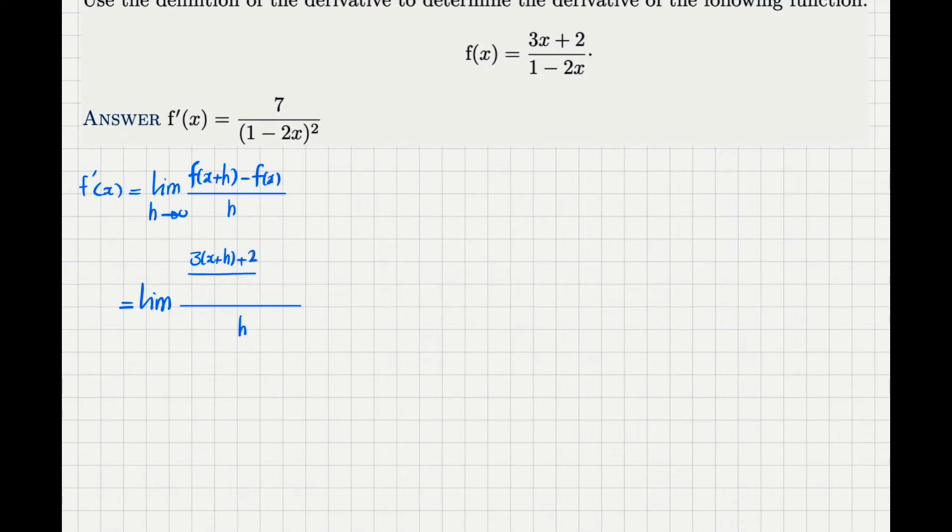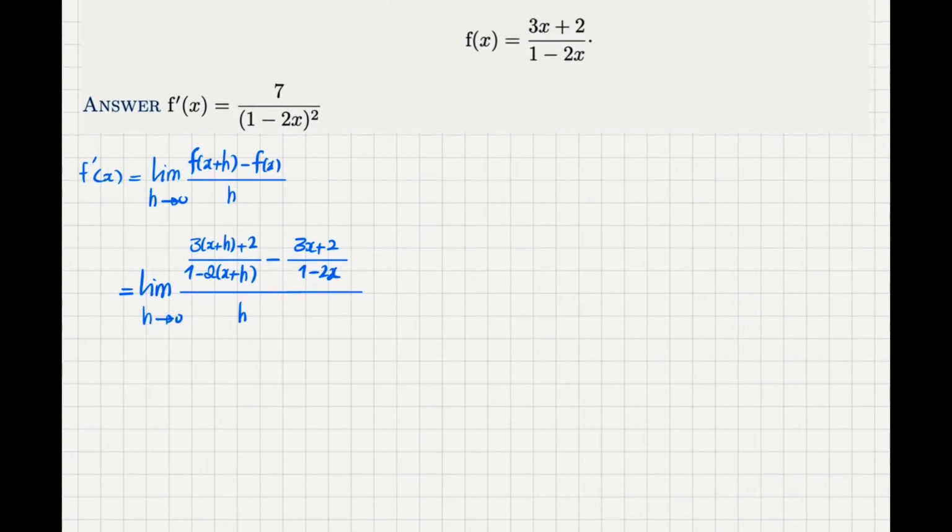Then I will have 1 minus 2 times (x plus h), and then minus f of x, which is this function 3x plus 2 divided by 1 minus 2x. Let me make this a little bit longer, and then h goes to 0. Okay,